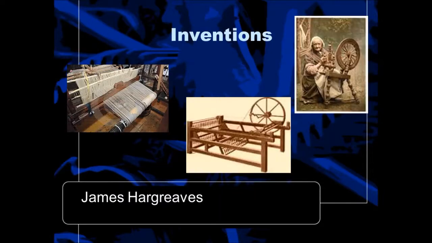James Hargreaves came up with something called the spinning jenny, and up until this time period, if you wanted to spin wool or cotton or whatever textile thing that you were working on, you had to do it like this little old lady in the upper hand side with her little spinning wheel. She is making textiles. It was a very, very long, drawn out process. But James Hargreaves created the spinning jenny, where what this woman is doing with one thread, this machine can do with hundreds and hundreds at a time.